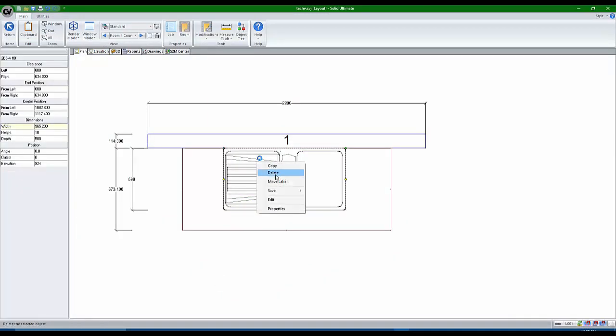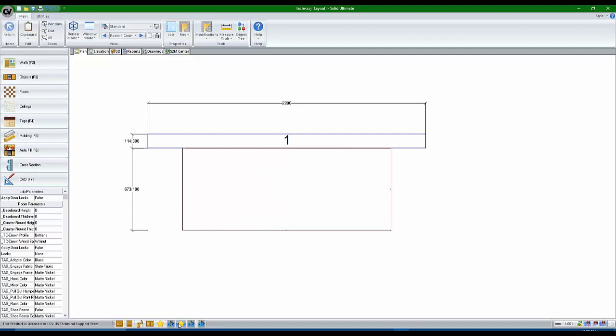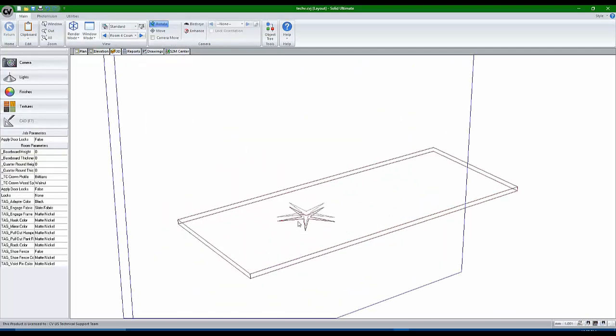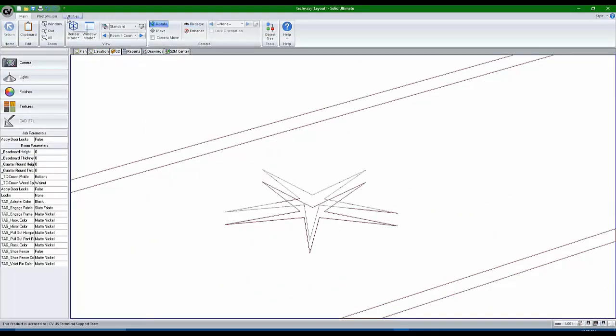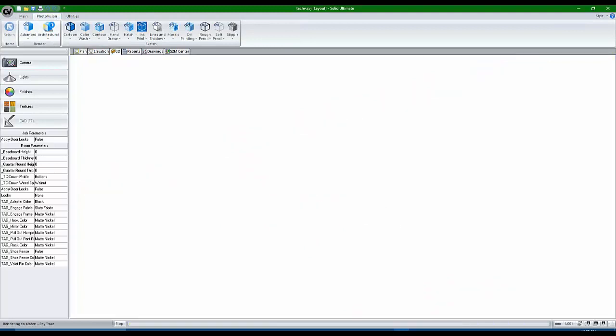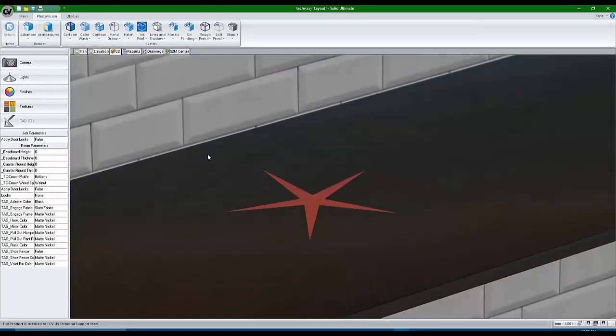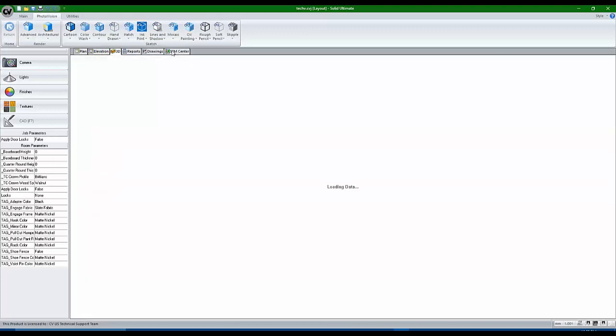Now, let's delete that. I've got a really cool little thing that I created here. It's a star shape. Let's go ahead and set the outset for that to 150 millimeters. And you can see it created that cutout. And if we render that, we'll get an idea of what it's going to look like. So we've got that shape. And what's really cool about this is if I go to the S-Trim Center,